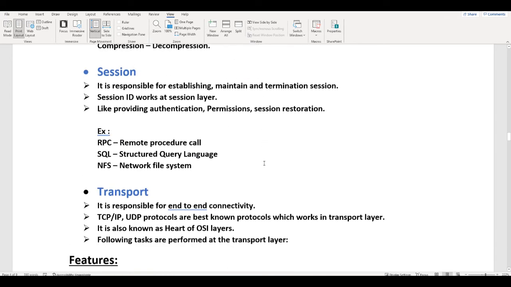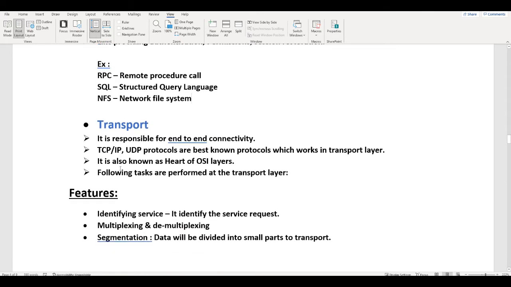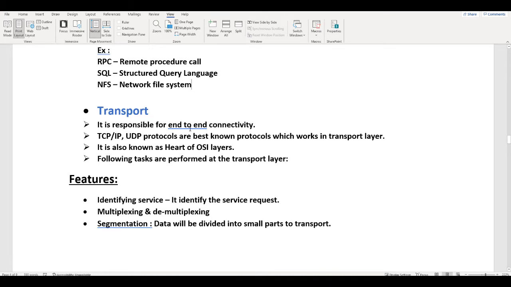After moving all this data to the transport layer, which is responsible for end-to-end connectivity from source to destination, the most important protocols in the transport layer are TCP and UDP. These are the best known protocols that work in the transport layer. It is also known as the heart of the OSI layers.